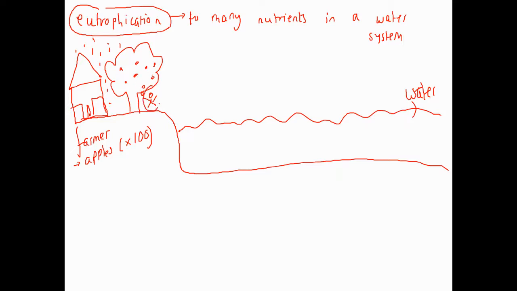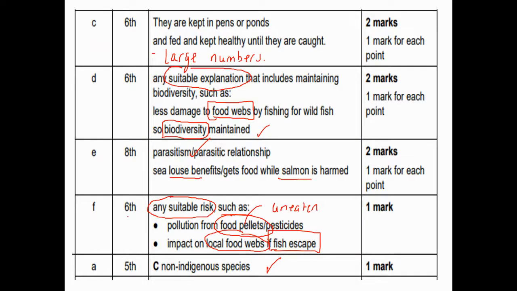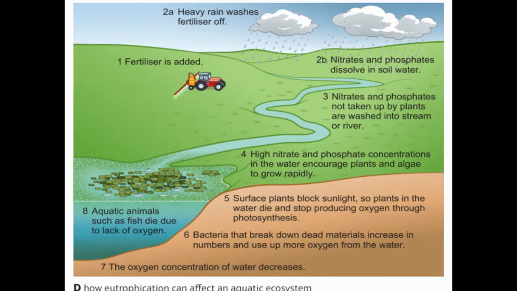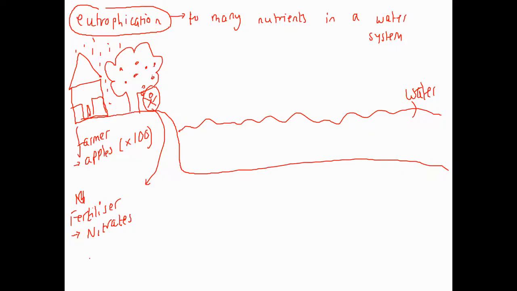So what he does, this farmer, and what all farmers do, boys and girls, is they spray something called a fertiliser. Okay, so fertiliser, boys and girls, just a spray. And inside that fertiliser are nitrates. That's the main thing I want you to know. Sometimes they might say nitrates and phosphates. Okay, fair enough. But in general, it's nitrates. That's the one that I really need us to remember. Now, nitrates, boys and girls, nitrogen, or a form of nitrogen, I should say, allow growth of the plant.